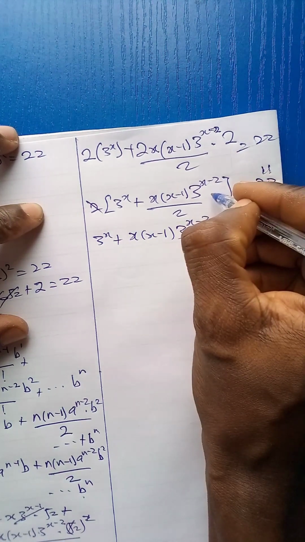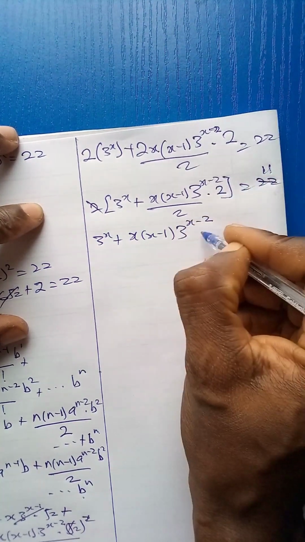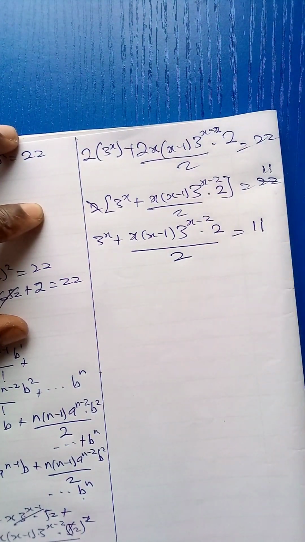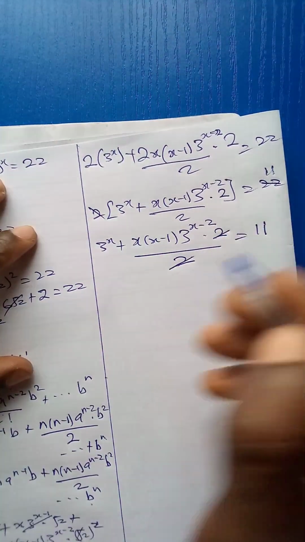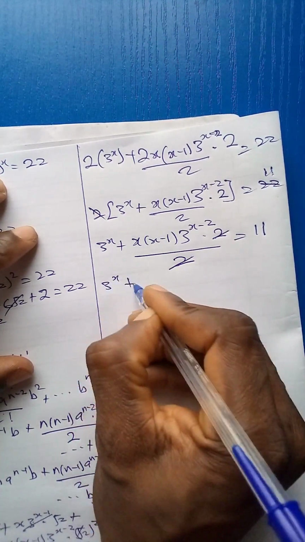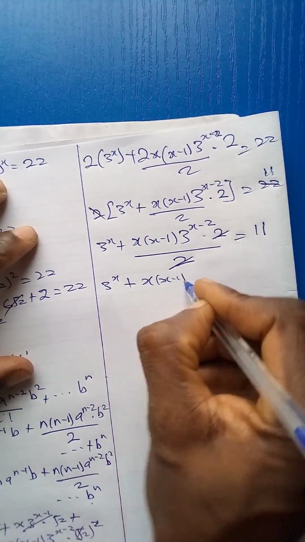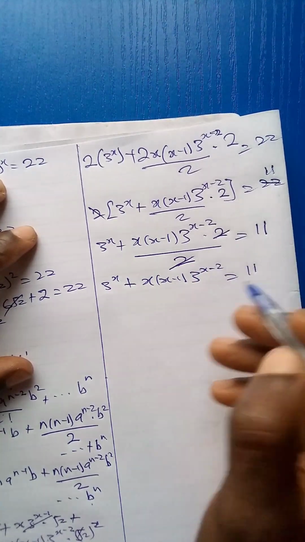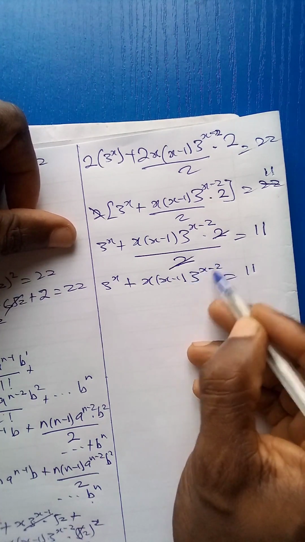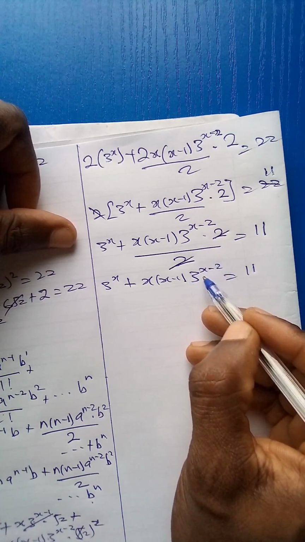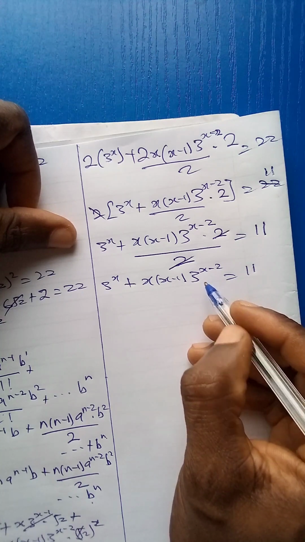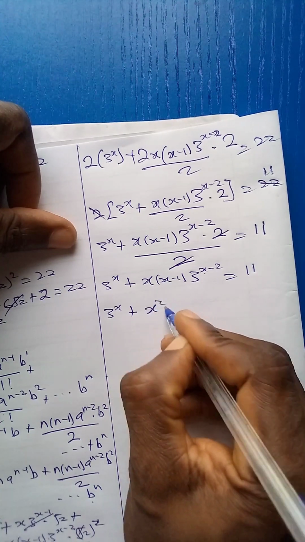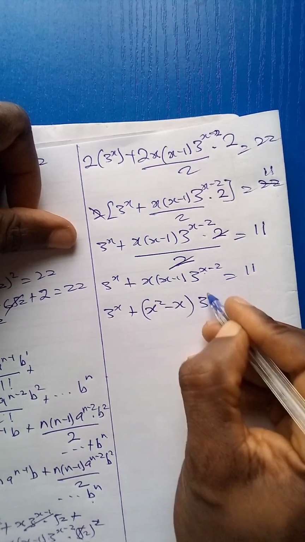Let us remember that there is a times 2 here after even factorizing. All over 2 is equal to 11. Now, these 2 will cancel these 2, giving us 3 to power x plus x times x minus 1, 3 to power x minus 2 is equal to 11. Let us simplify this. Let us remember that this is a problem in indices. So 3 to power x plus, if I open the brackets, x squared minus x times 3 to power x